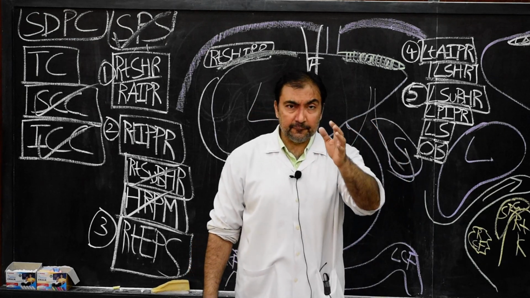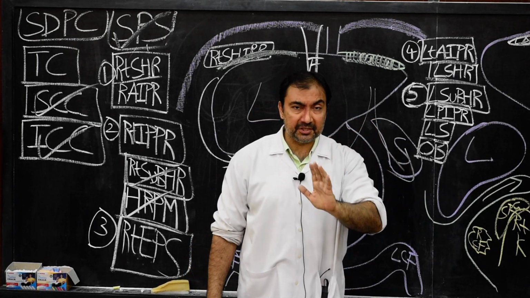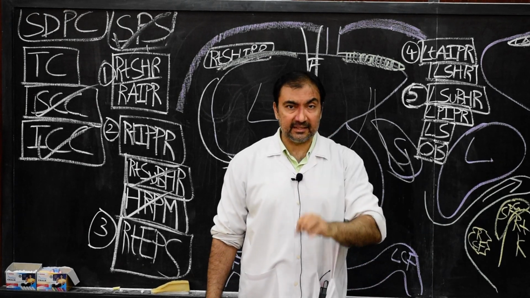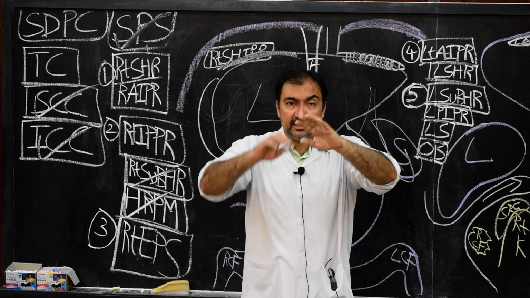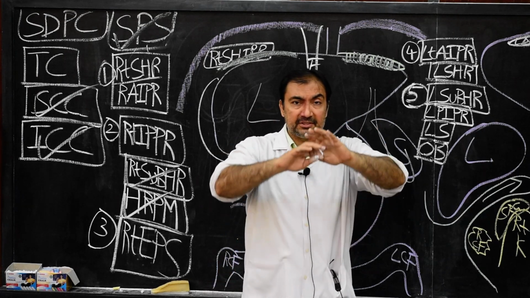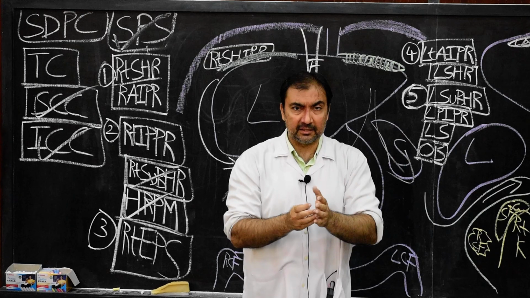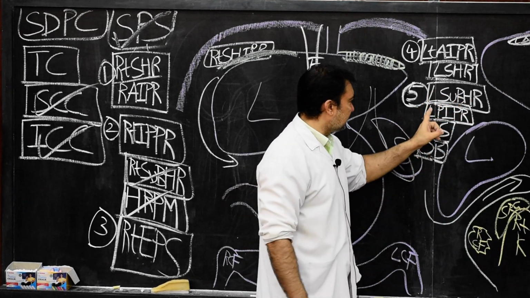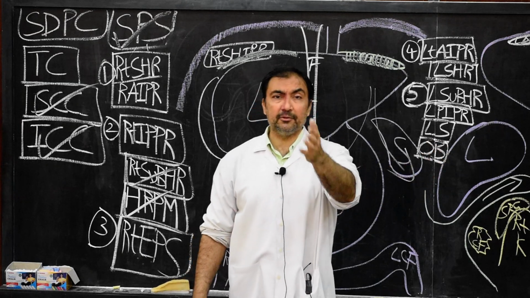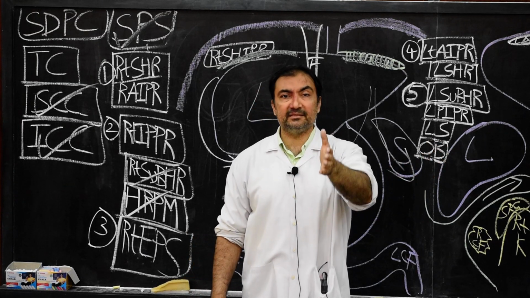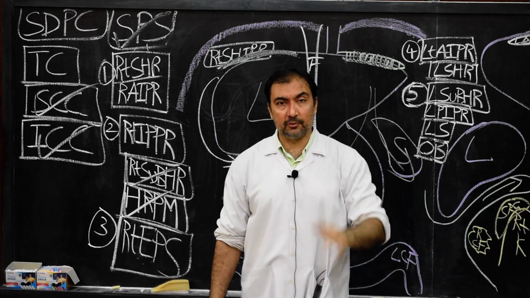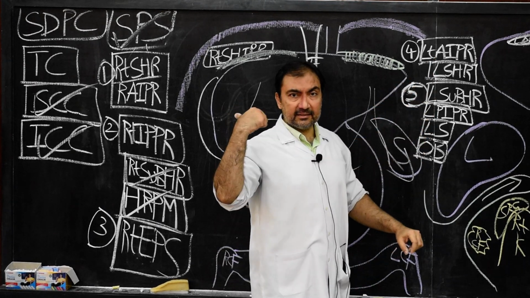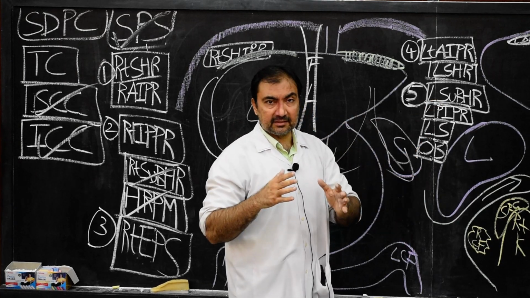Recess number 5 of the subphrenic spaces is known as the left posterior intraperitoneal recess or the left subhepatic recess or the lesser sac or omental bursa. So our lesser sac or omental bursa, which we have studied extensively, that is nothing but the left subhepatic recess, or it is also known as the left posterior intraperitoneal recess. That is itself lesser sac or omental bursa. Please note down.